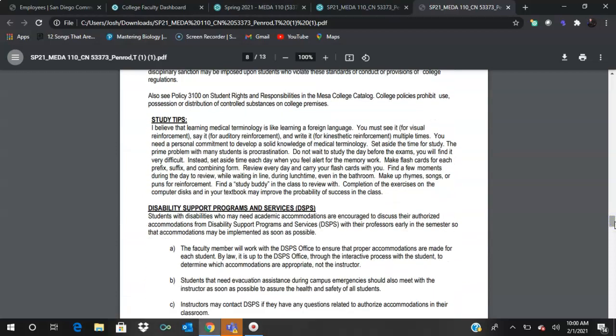All right, study tips. Very important with this class. I think I even have a little link in Canvas that talks about some of the different study tips. Typically, we work in groups when we're on campus. I like to have students get a study buddy, because it's really important to have that person to bounce this stuff off of. If you've got somebody in your household who is willing to work with you on this, having somebody that can go through the information can really make it easier. Staying on task,